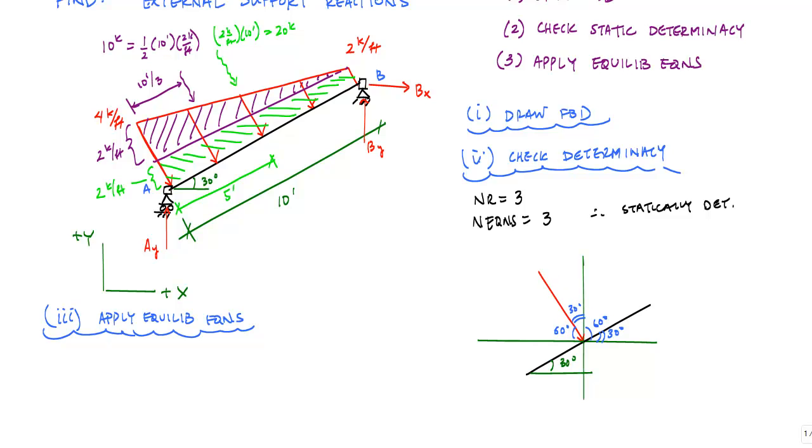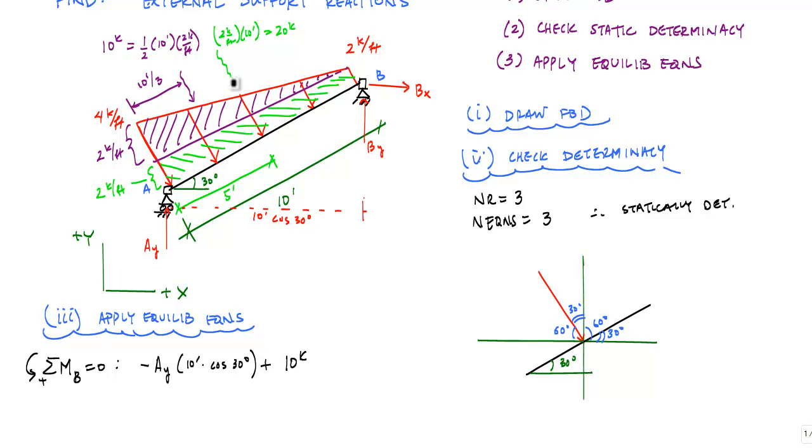Alright, so hopefully if you have that understanding, we're ready to go ahead and apply the equilibrium equations. If I look at the moments first, let me take moments about point B. I like to take moments about point B because I have two unknowns here and I can solve for AY directly. I will have negative AY times the perpendicular distance. This distance here is 10 feet cosine of 30 degrees. So minus AY times 10 feet times cosine of 30 degrees